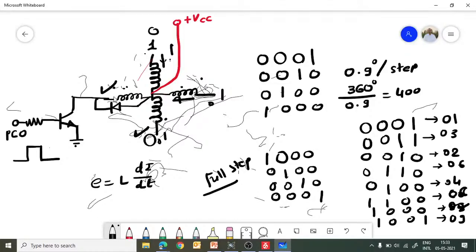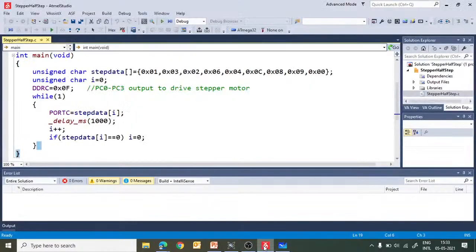So this is the sequence we are writing in our program. As you can see, in the C program the same sequence is written here: 01, 03, 02, 06, 04, 0C, 08, 09. And we are storing this entire sequence in an array. The name of the array given is stepdata array.